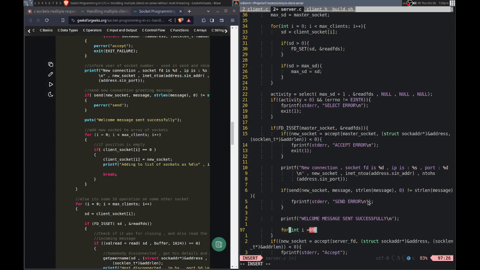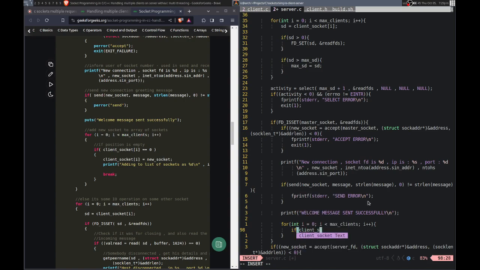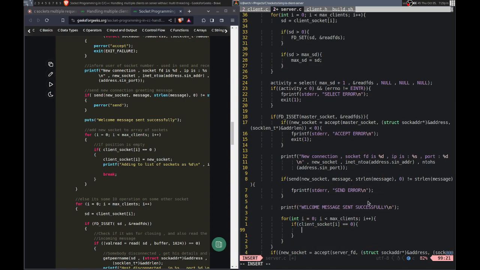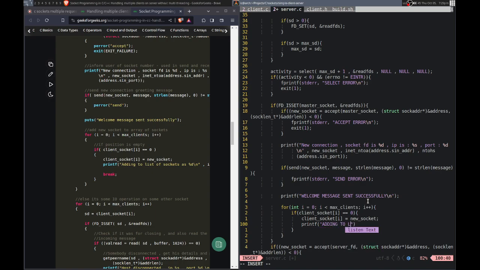i equals 0, i equals the max. And I'm sorry. i is less than max client, i plus plus. If client socket of i is 0, then client socket i is new socket. Adding to list of sockets as the